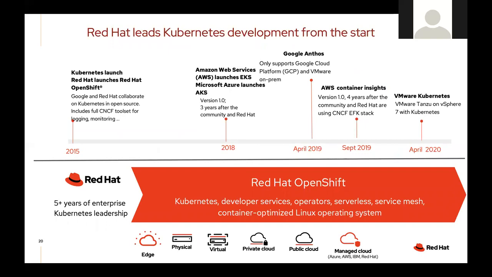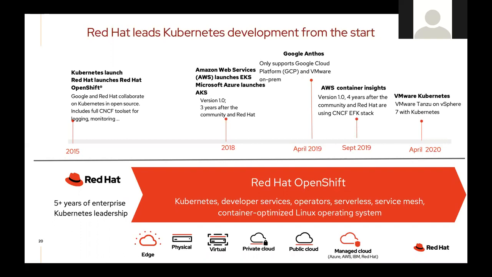We were the first vendor to offer an enterprise Kubernetes 5 years ago, while all other vendors were just sorting out their container strategy, some of them even not realizing that containers are the next thing, and defining the next IT architecture. Red Hat was building its enterprise Kubernetes product, which is Red Hat OpenShift, 5 years ago. We have over 17 releases now of OpenShift that is based on Kubernetes.